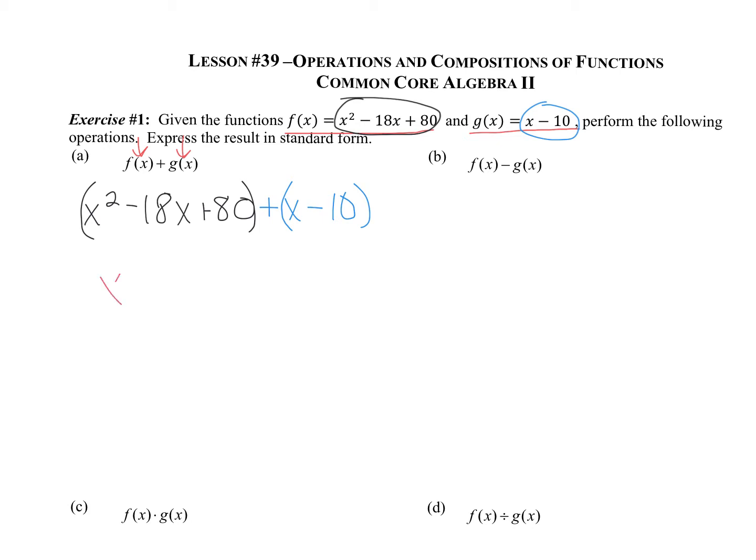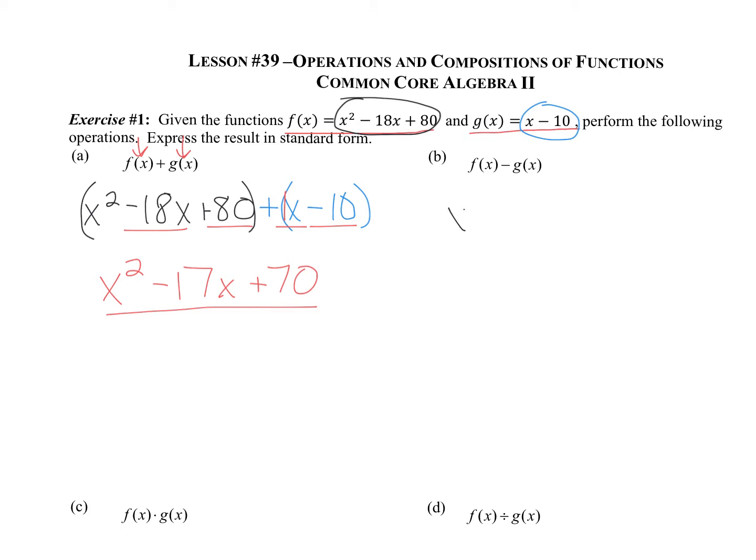So combining like terms here, I have x squared. Negative 18 plus 1 is negative 17x. And then we have 80 minus 10 is 70. So this is a new function I've created by adding f of x to g of x, and that is my answer. The next one says f of x minus g of x,